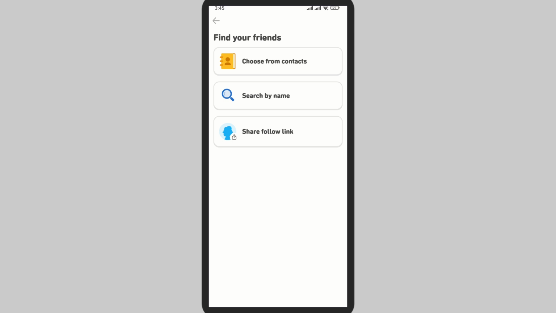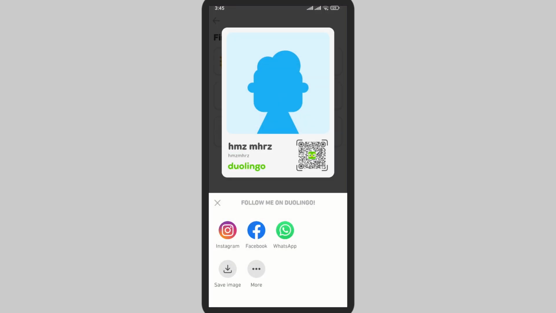So you can choose from your contacts, directly search the friend's name, and even share the follow link. So it's better you share the follow link. Now simply tap on it. Now here you can share this QR code with anyone and in other social media platforms too. So other friends will be able to easily add you, and you can even add them back, and you'll be